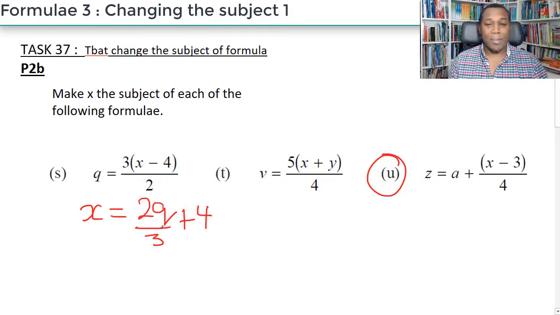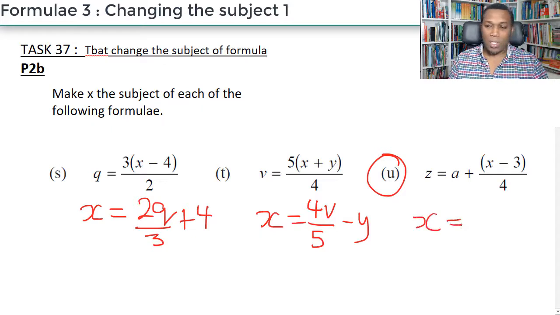That's one way. I imagine you might have been able to write it differently. You might have something with 12, maybe, if you expanded the bracket, but that's your challenge there to see if your answer is the same. For T, x is equal to 4v divided by 5, take away y. And the big one, the one that I asked for everybody to do, U, x is equal to 4z